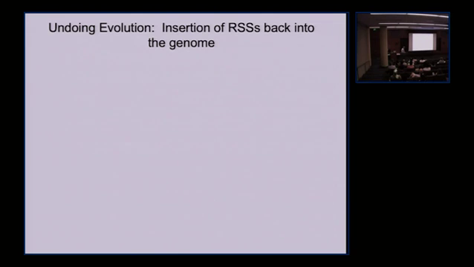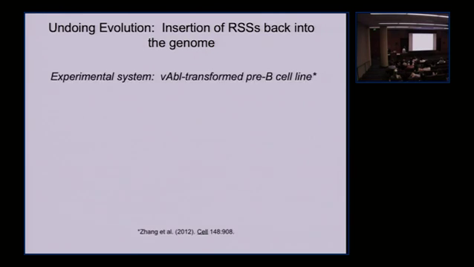So what happens if you undo what evolution has done? What if you just go back in and now you insert RSSs back into the genome? Just proof of principle. Can you just put an RSS or a pair of RSSs anywhere you want in the genome and have them undergo recombination? So that was something we could actually do, and the experimental system we used is Abelson transformed pre-B cells, which